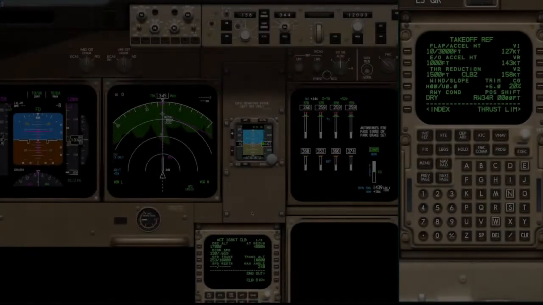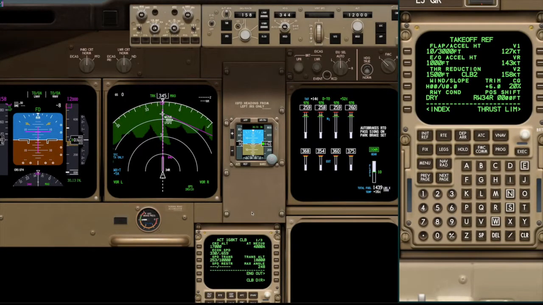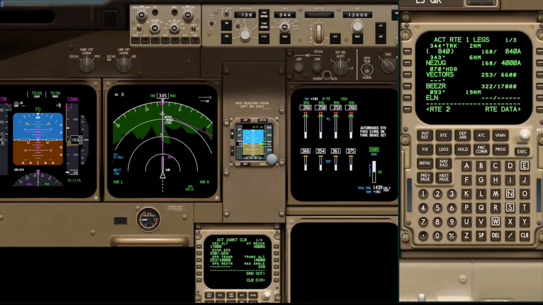We'll go over to the PSX 747-400, and we have the legacy FMC. And you can see that on our legs page, we'll be going via a 344 track until passing 840 to Niesig. Then from Niesig, we make that right turn to 070 heading for vectors. Once we're cleared direct Beezer, we can modify to go direct Beezer. That's where we will show those two methods of getting rid of this vector line, and then on course to